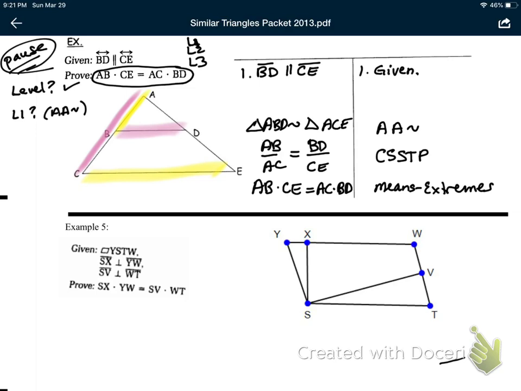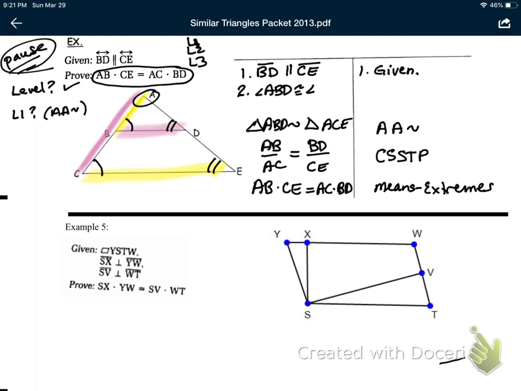Okay, so now those are the triangles that I need to prove similar. How am I going to do that? How am I going to get my AA? Well, let's see. The parallel lines are going to give me corresponding angles on both sides, right? I also have the reflexive angle if I choose to use that, but since I'm almost out of room, I think I'm just going to use the corresponding angles. I have the parallel line, so my next bet, number 2, is going to be angle ABD is